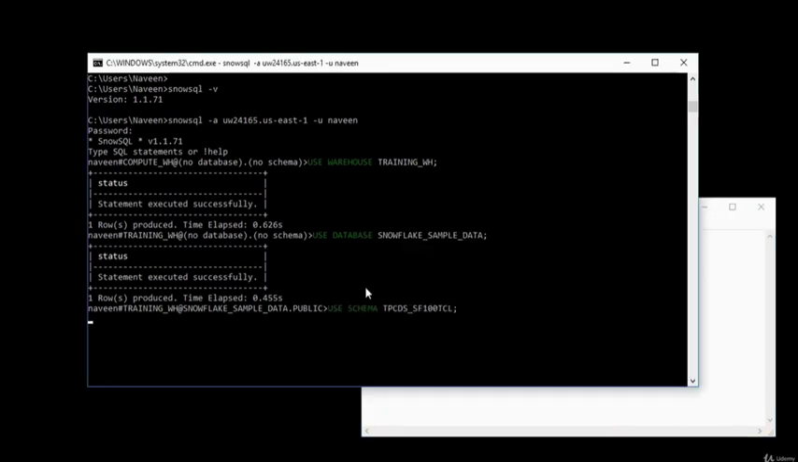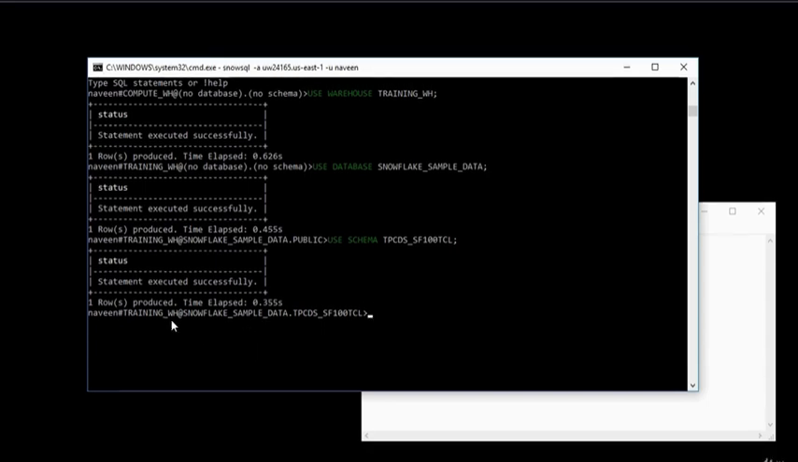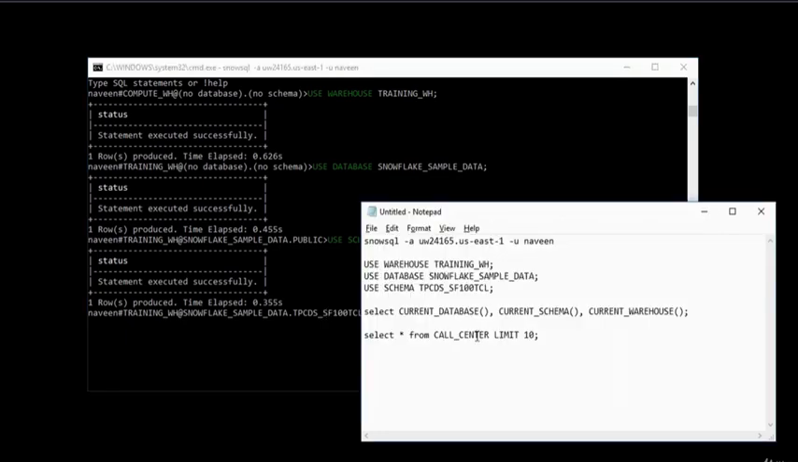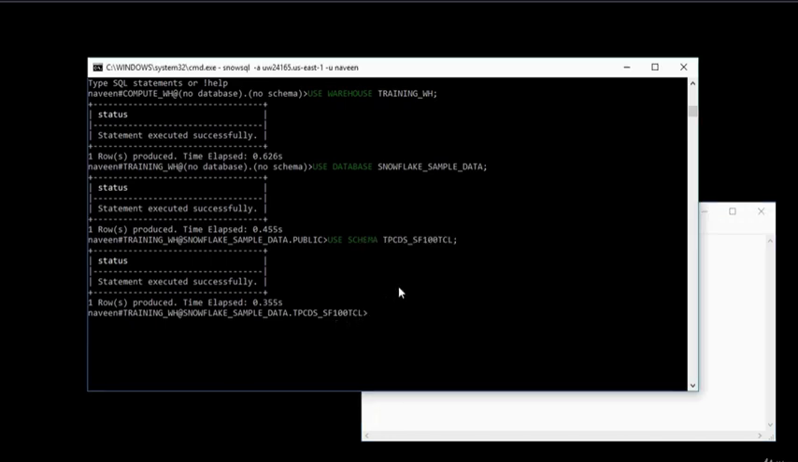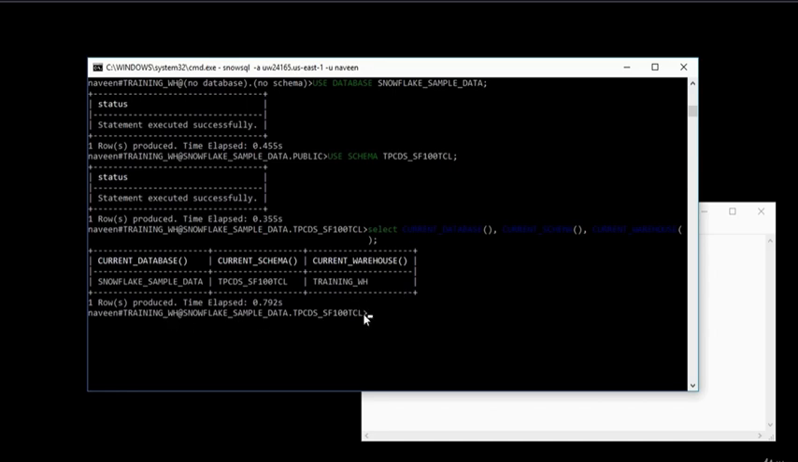and hit enter. So right now, if you notice, we are using the training virtual warehouse, and we are using the Snowflake sample data database, and then the performance testing schema. So to make sure you're on the right database and schema and warehouse, you could always run this command. You can run select current database, current schema, and current warehouse. It's going to return you which warehouse you are currently on, to make sure we are querying against the right